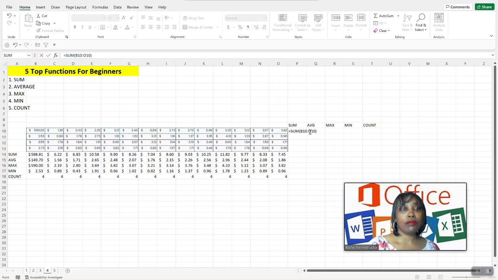So we're going to sum up rows 10, 11, 12, and 13. You notice we have this first function, the sum, and we have B10 through O10. And again, we're summing up the rows in this example. So we press enter,